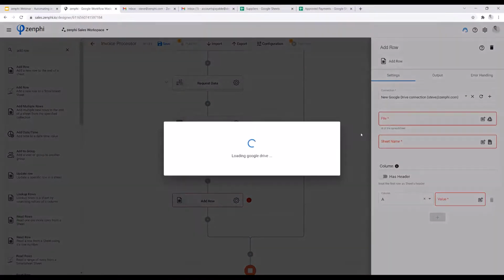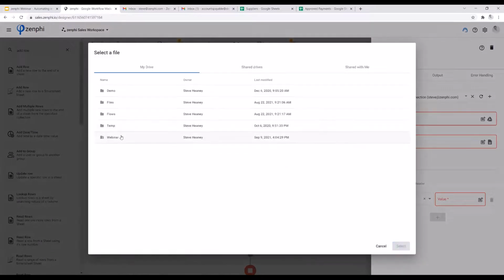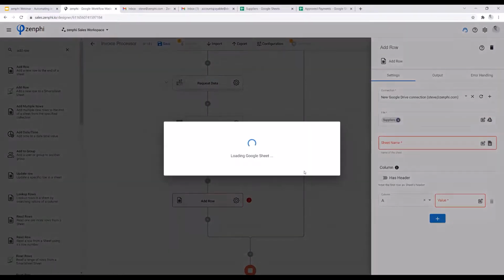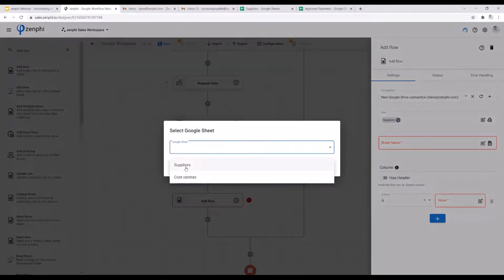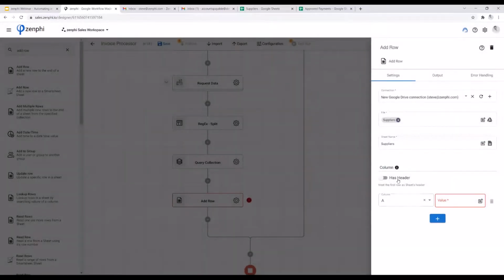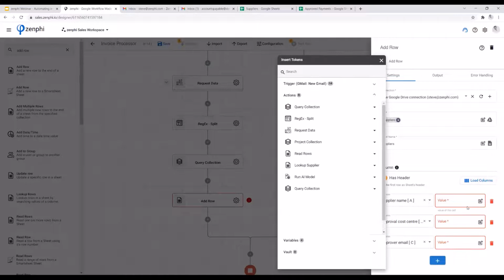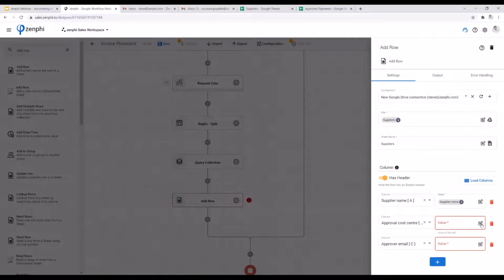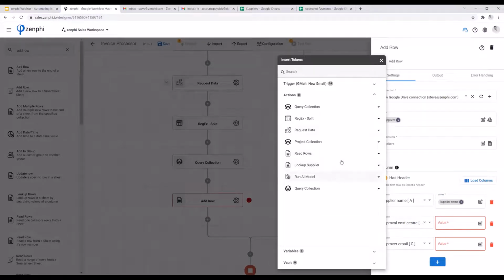And once again, the sheet that I'm adding back into is that supplier listing. And the sheet name is suppliers. Load those columns and say, okay, so what's the supplier name? That's from my workflow variable, supplier name. And the cost center code of the person who will be approving it is